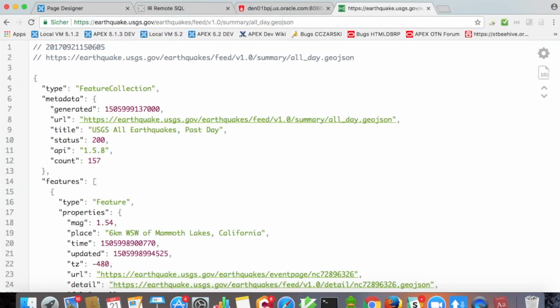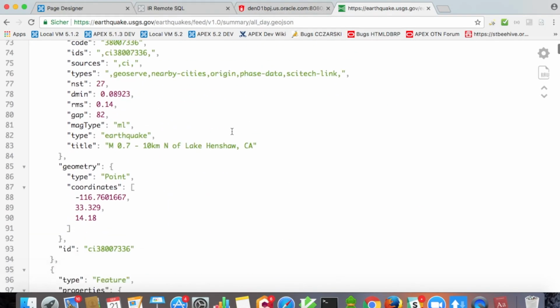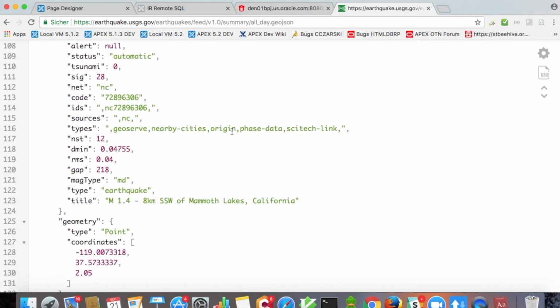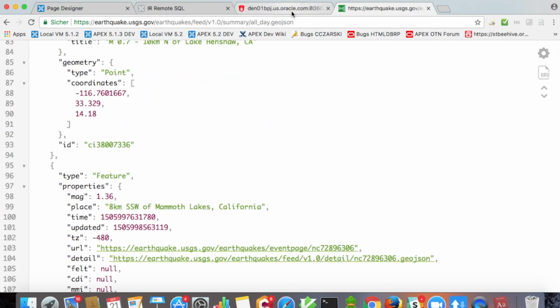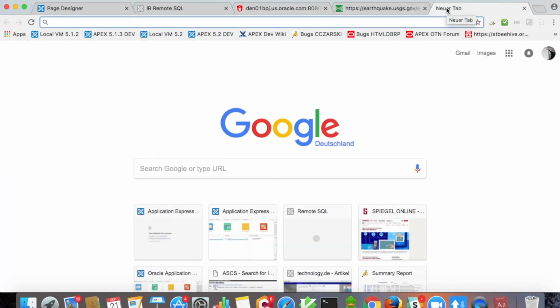That's my favorite earthquake example from the USGS. They have JSON feeds providing earthquake information. And again, you have a URL endpoint, you have a representation, that's JSON in that case, and that JSON feed contains attributes about the earthquakes actually. So that's what we want to integrate with Apex. We can imagine that it will be a matter of JSON parsing, but let's perhaps have another look into